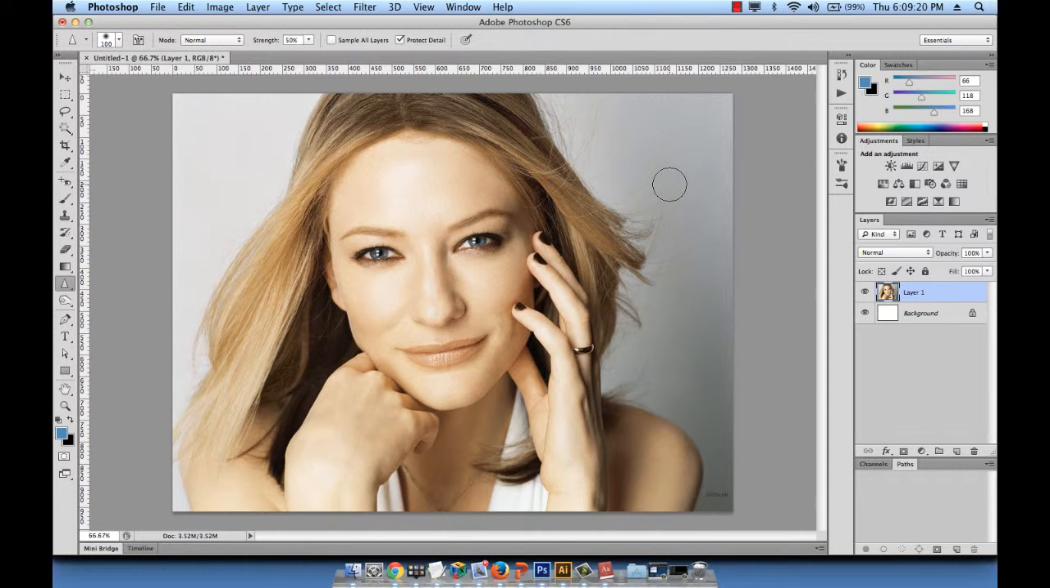Next tools we're going to talk about are the burn and the dodge tools, which are right under the smudge and sharpen tools right here. So if I go ahead and click on the burn tool, it's the second option from the drop down. Okay, now what we see is the image of Cate Blanchett, whom I like so much and whose image I